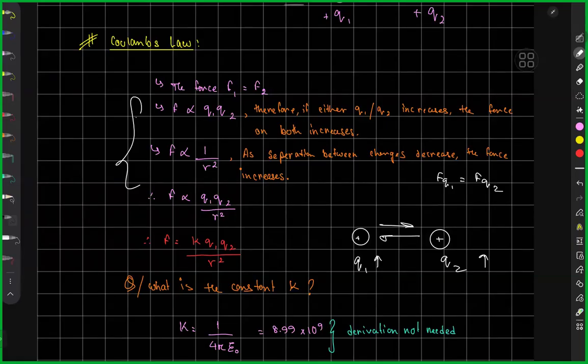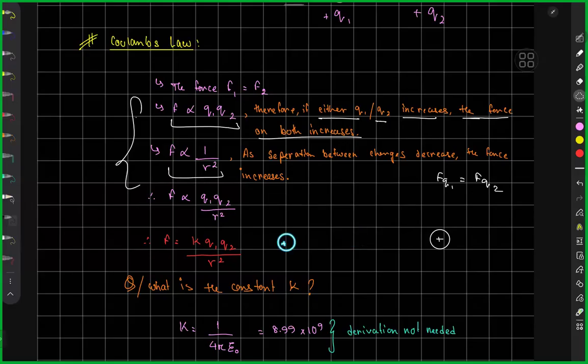So I find this relationship that force is proportional to the product of Q1 and Q2. Doesn't matter which you increase or both, force increases. The other relationship that I find out